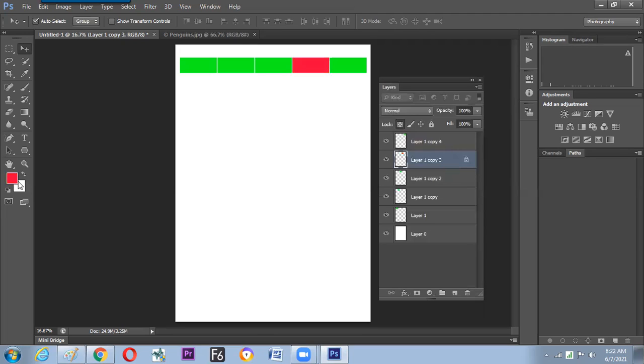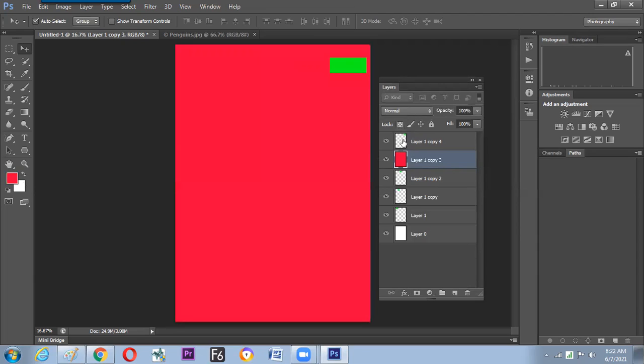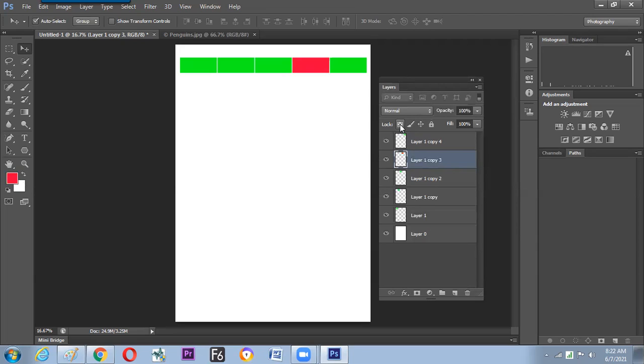What you have seen is the color filled only in the restricted area. If this button is not on, then what will happen? It will fill everywhere. This is the difference. So now we know a special option called transparency lock, which is in the layer window. At the top, you can find some lock buttons. By transparency lock, we can fill the color only in the restricted area.